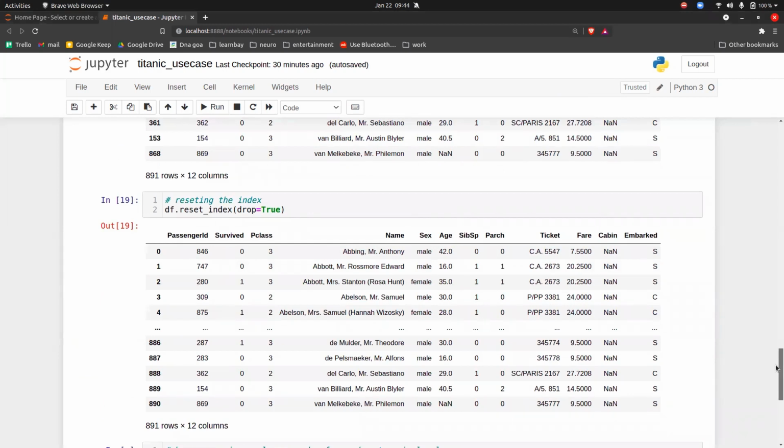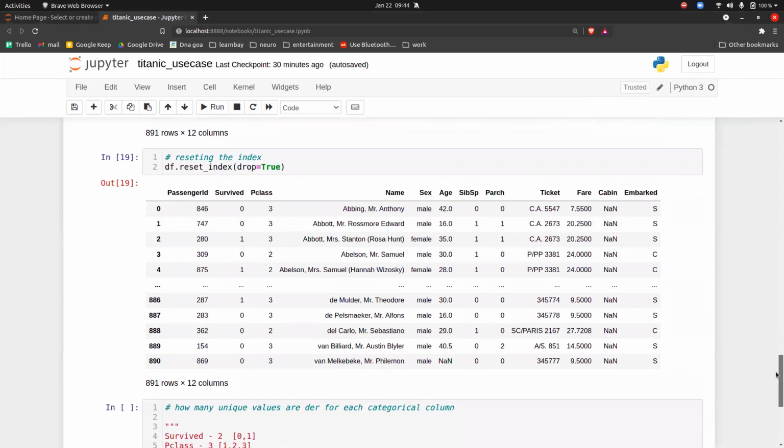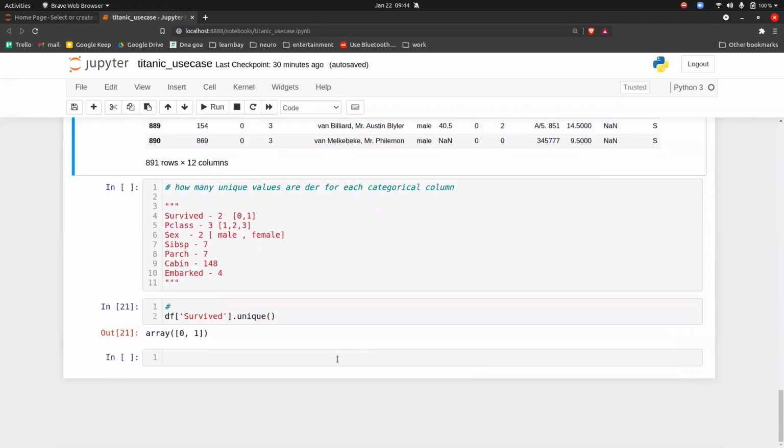Now the next step is we try to manipulate the data. What I mean to say is, right now, let's say I have a cabin column, correct? So let me write the question here.